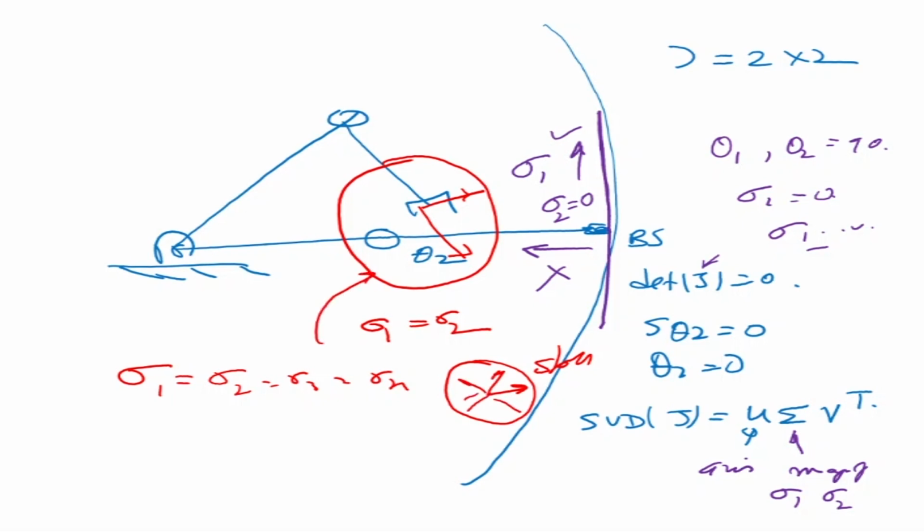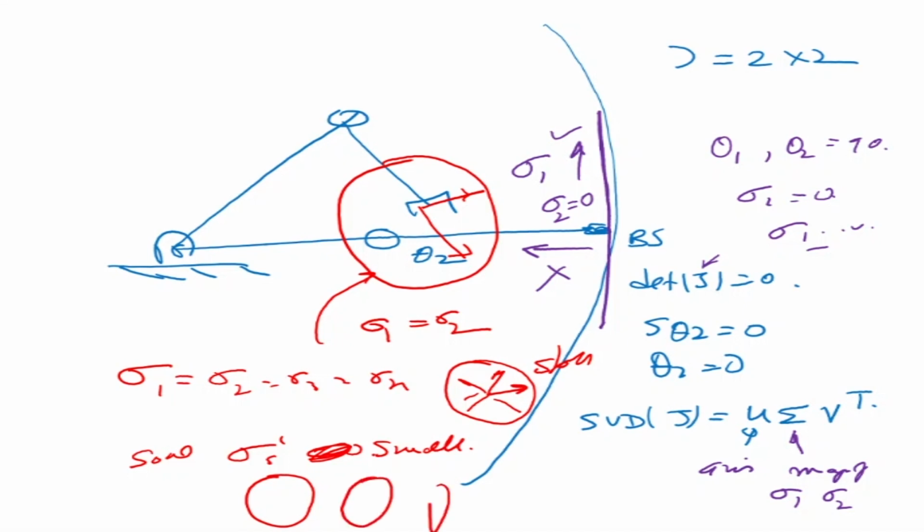Whereas if you're going near a singularity, what will happen? Some of the singular values, some sigmas will become 0, or it will become very, very small. If they become small, it basically means that your circle is now becoming an ellipse like this, thinner, and then finally it becomes a straight line. So at the boundary it is this, in the center of the workspace it is this.